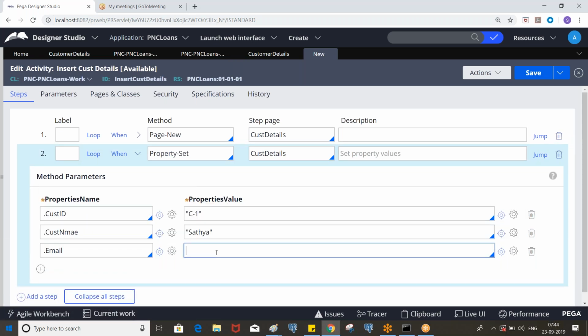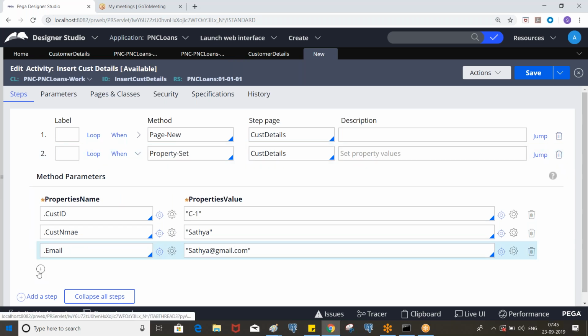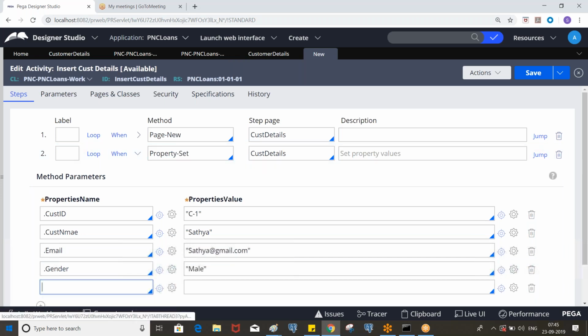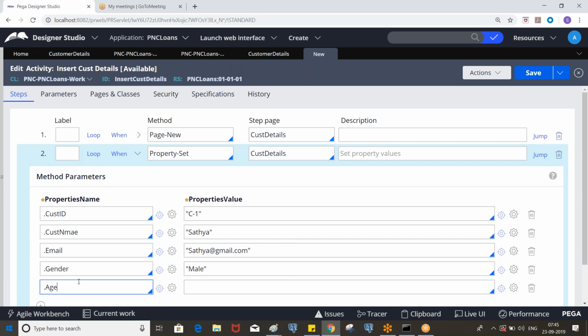And we have an email. The order can be anything here. And for age, you don't need to put double quotes. It is an integer, right?